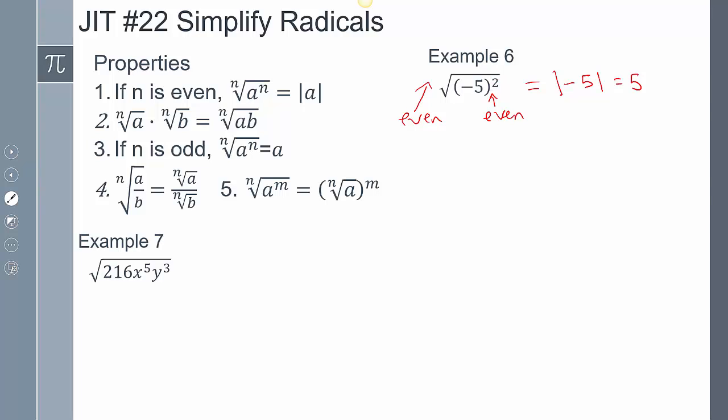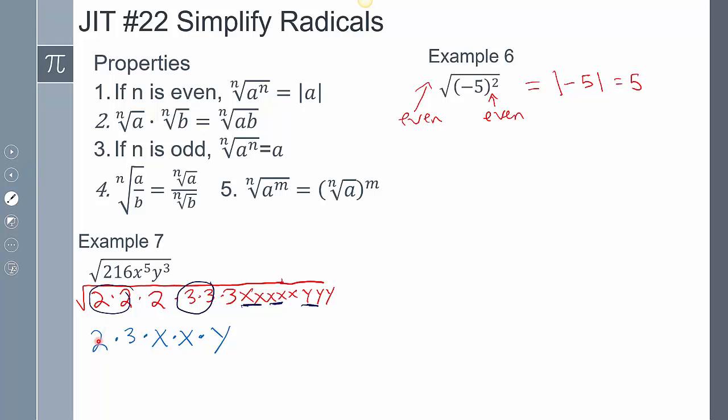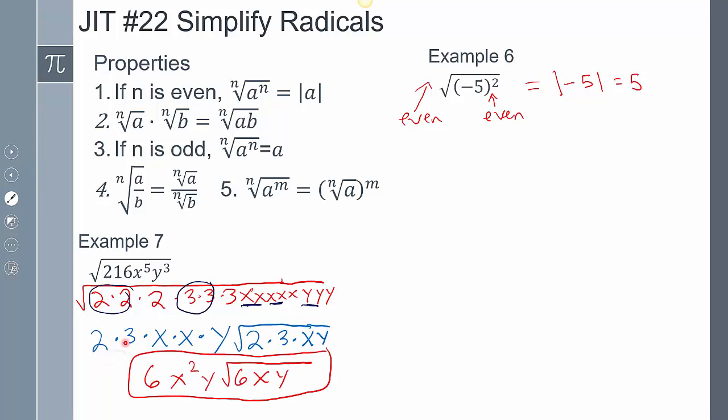Example number 7, it doesn't matter how large this is if you just do the prime factorization of this. So the 216 is 2 times 2 times 2 times 3 times 3 times 3. I have 5 x's and I have 3 y's. Since this is the square root, I can look at these in pairs. So I have a pair of 2's, a pair of 3's, 2 pairs of x's, and a pair of y's. So there's my 2, there's my 3, 1 x, next x, and there's my y. And then what I have left inside is a 2, a 3, an x and a y. And so cleaning that up, 2 times 3 is 6, x squared, 2 times 3 is 6, and so that's